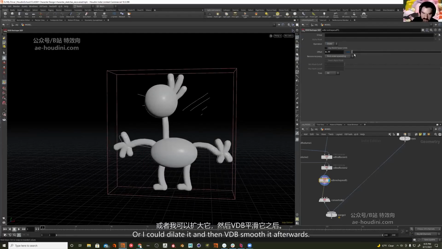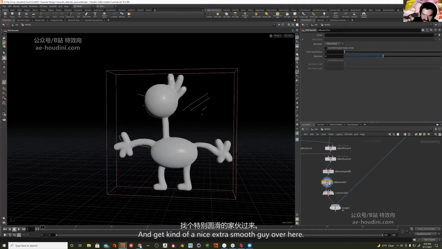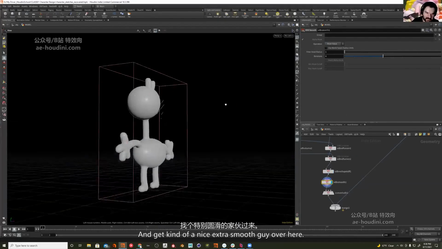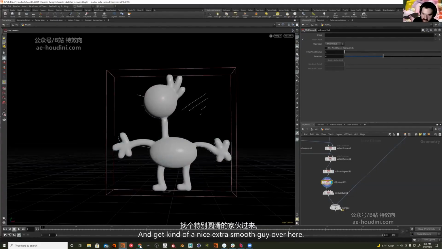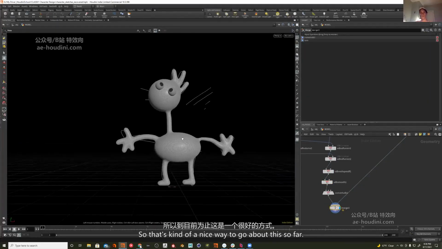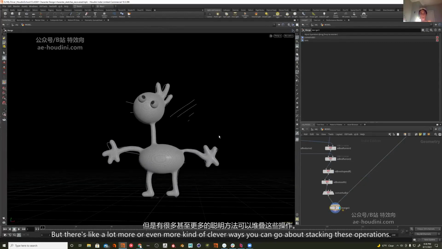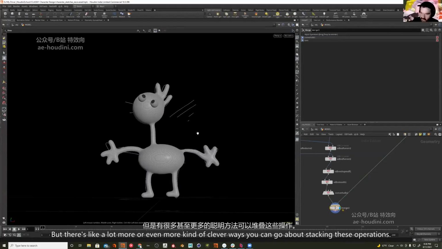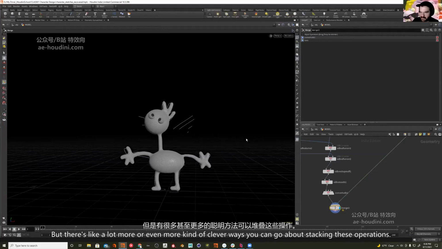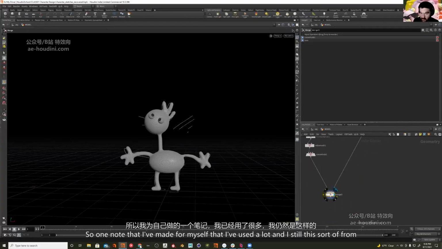Or I could dilate it and then VDB smooth it afterwards and get a nice extra smooth guy over here. So that's a nice way to go about this so far. But there are even more clever ways you can go about stacking these operations. So one node that I've made for myself that I really like, that I've used a lot, and I stole